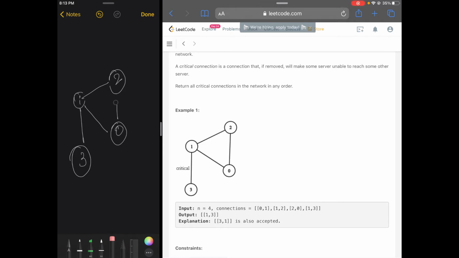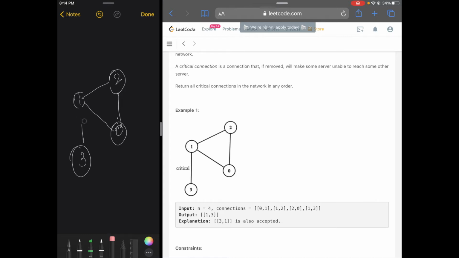When we remove this part of the graph, we still see only one graph. There are no two graphs formed, so this is also not a critical connection. Now, when we remove this part, we still have one graph. So we understand that these three are not critical connections.